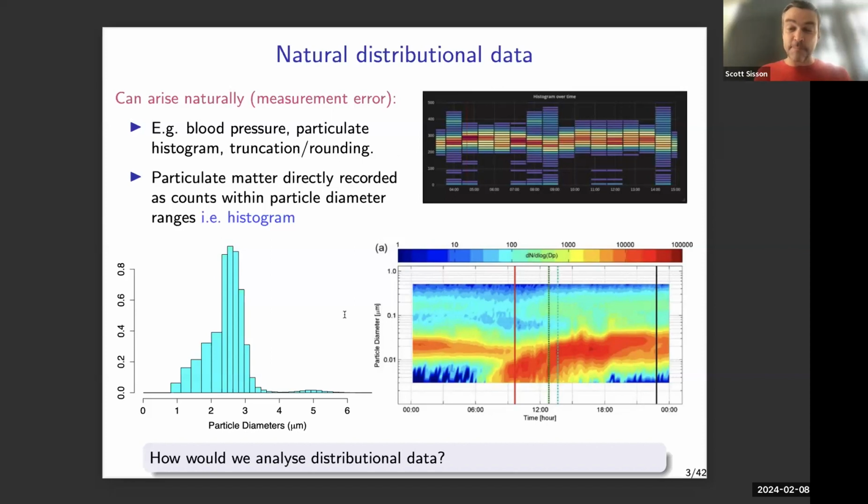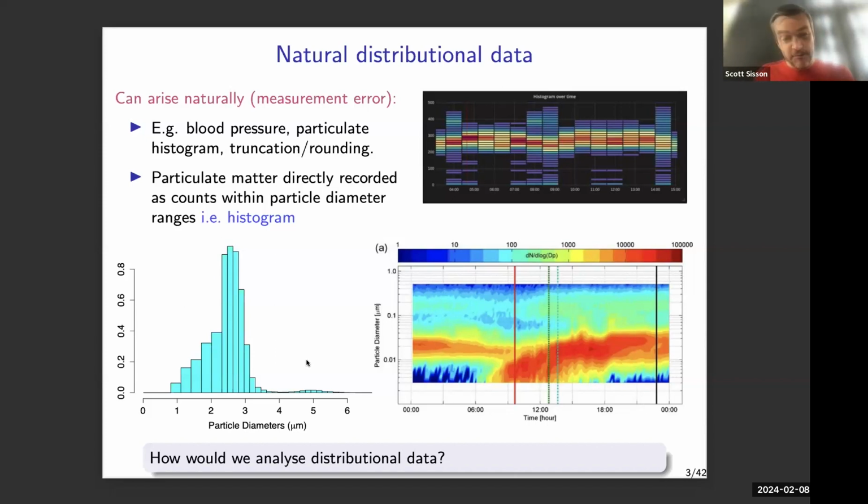Instead, what they do is they take a sample of the gas, they stick it in the machine filters, and then it comes back to you and says, okay, Scott, well, between 1 and 1.1 micrometers, you have 20,000 particles. Between 1.1 and 1.2 micrometers, you have 50,000 particles. And so really what you're getting there is a description of the distribution of the particle sizes, and in particular, that's in a histogram form. So if you look at the cyan histogram down at the bottom here, that's exactly what we have here. At a particular time point, we have a histogram on the distribution of a bunch of particles in the